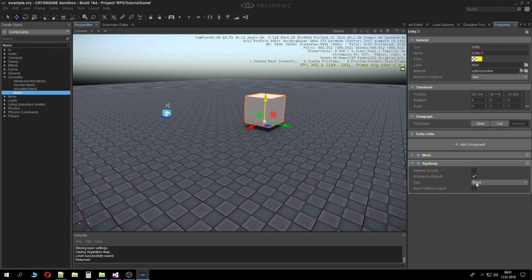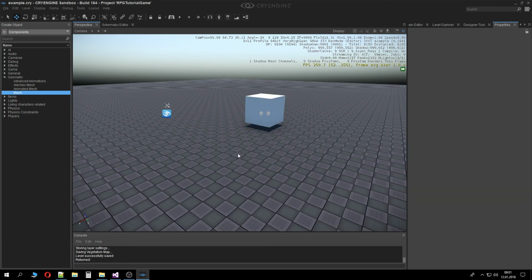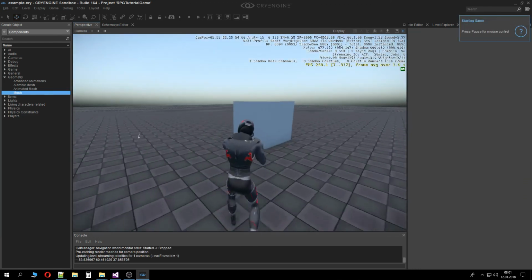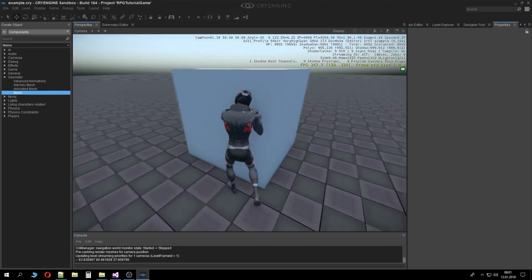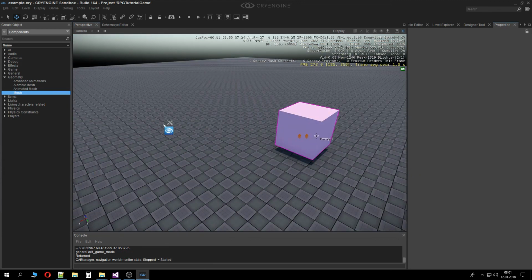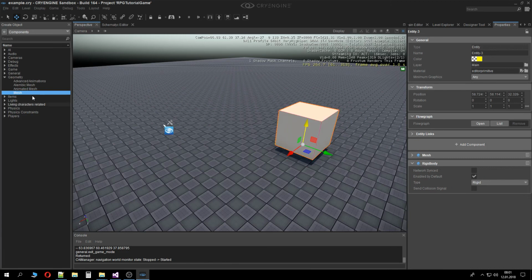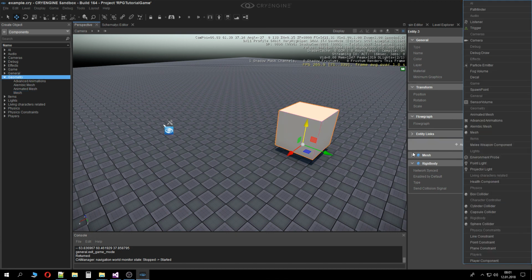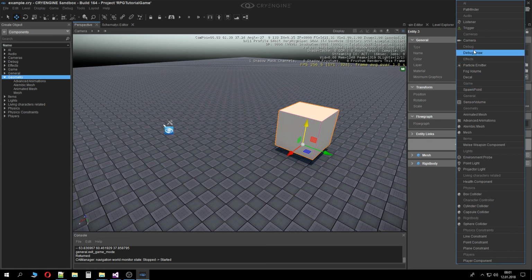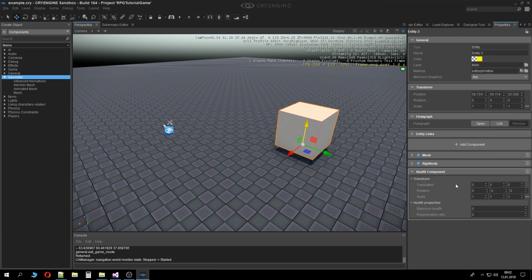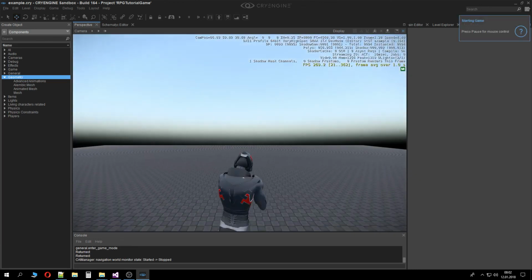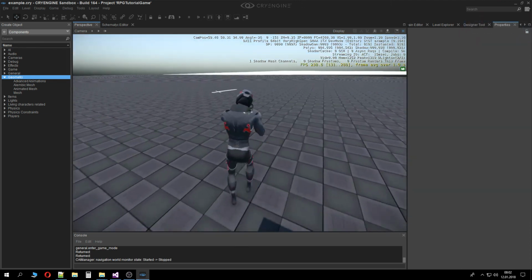No component by default. Type rigid. Fine. So it should most likely be already collidable. I shouldn't be able to move it around because it's so heavy. Yes, it is. So it's collidable, so it's gonna pick up the collisions for sure. So at this point, we're gonna also add component. Just close it. Add component. Where the hell are you? Health component. Maximum health 100. Regeneration ratio, well, none. I'm not sure whether it's gonna be initialized once again here, but